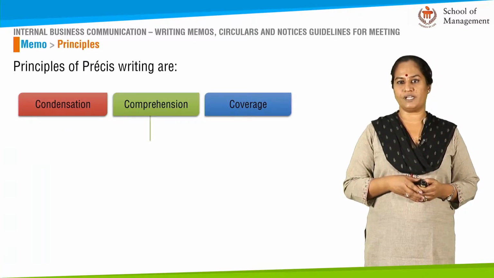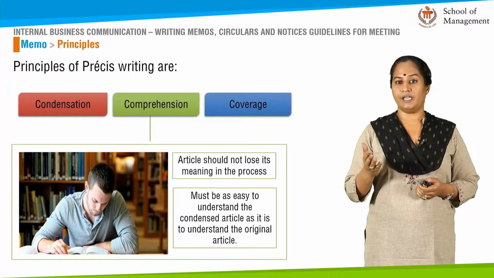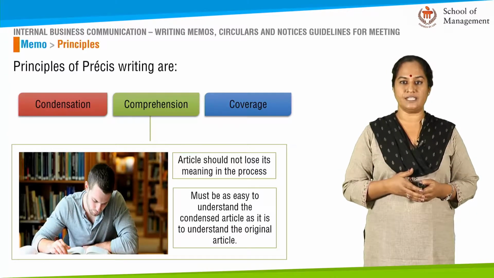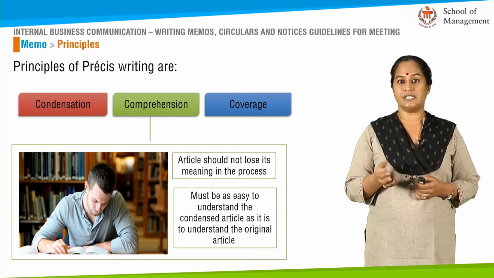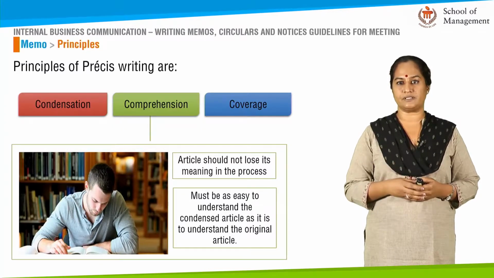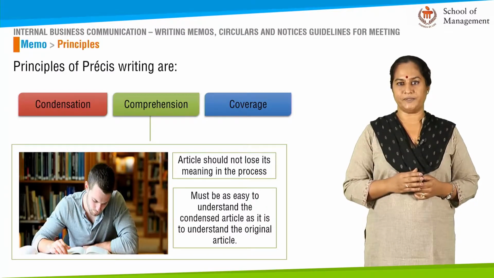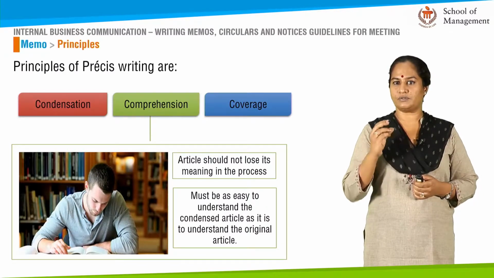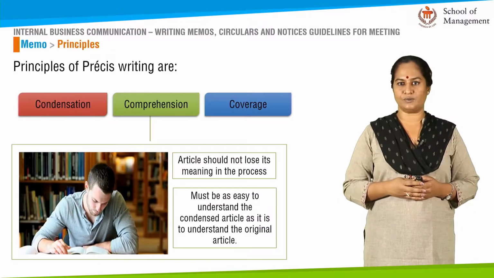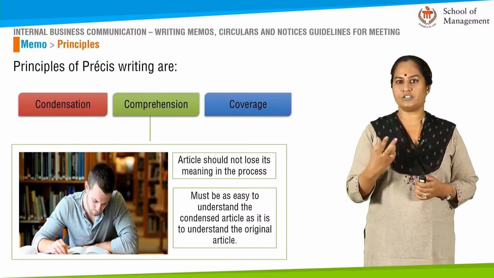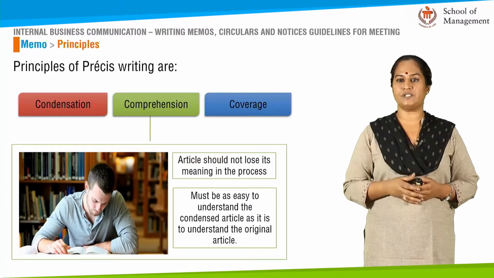Comprehension. Comprehension means understanding. Now, a memo, though it has been condensed, has to be able to be understood by the person reading it. Now, comprehension is easy if the person reading it is able to grasp the essence of what has happened. The idea about comprehension is, again, keeping it brief and clear. Now, how do you get them to write a short memo which is comprehensible? Try and have a face-to-face conversation with the leader. This is, I'm saying, visually, not actually having the face-to-face. Now, this would help you condense and comprehend the message and make it reader-friendly.